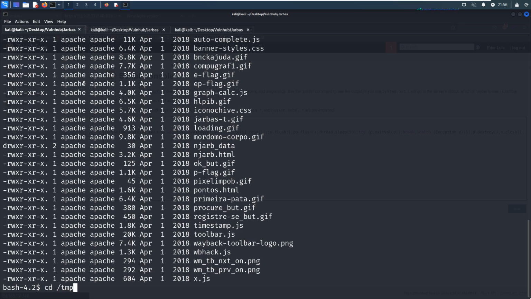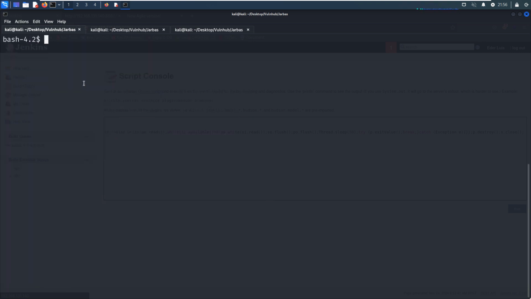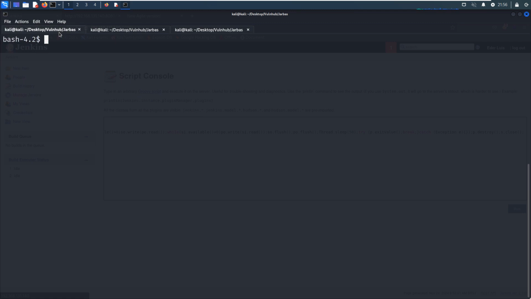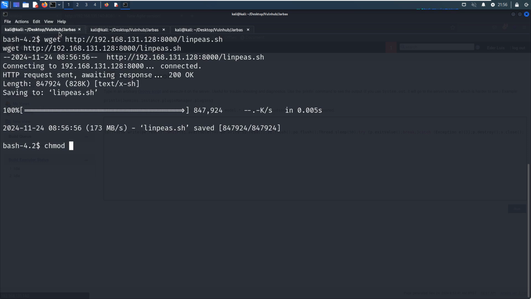So maybe next we can upload the LinPEAS shell script to do the automatic enumeration, right? I've already got this script ready. So now we need to upload this script to the target. In order to do that, we can set up a web server on Kali Linux. Let's go back, and then we can use wget to download it. Then we can make it executable, and then we can run it.